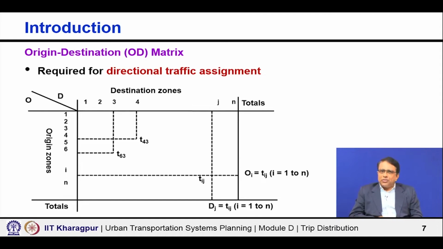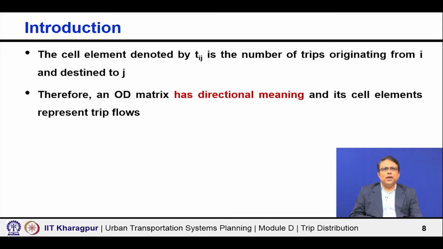But remember that there is also something called the production attraction matrix, and why and how the production attraction matrix is different from the origin destination matrix or the OD matrix. Here, as I said, in the OD matrix, the cell element denoted by Tij is the number of trips originating from zone i and destined to zone j. Therefore, the OD matrix has directional meaning,